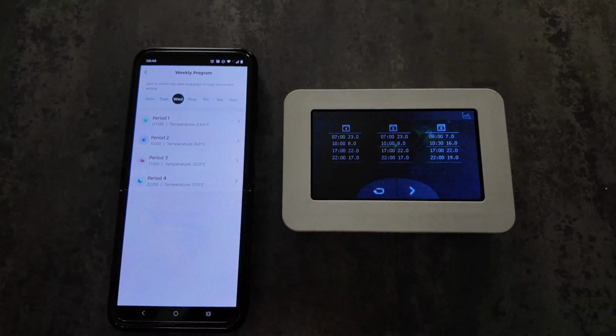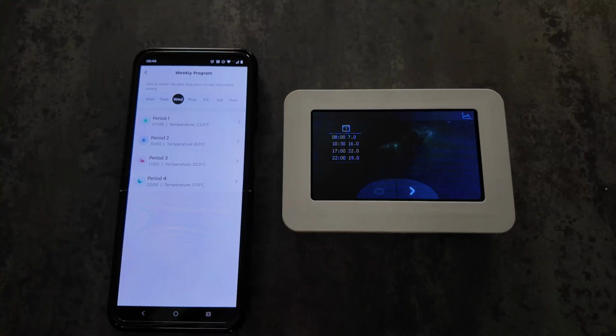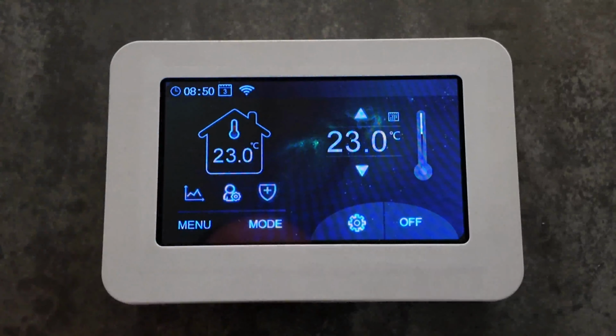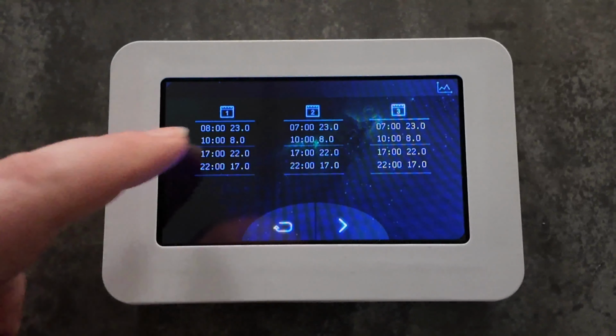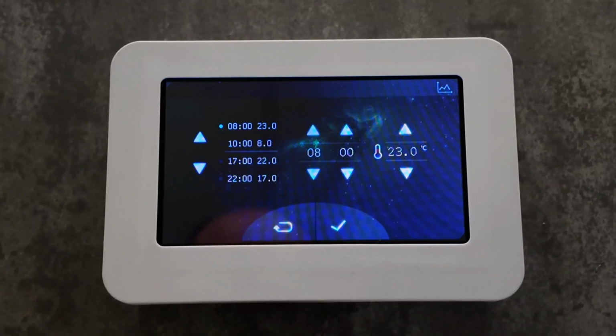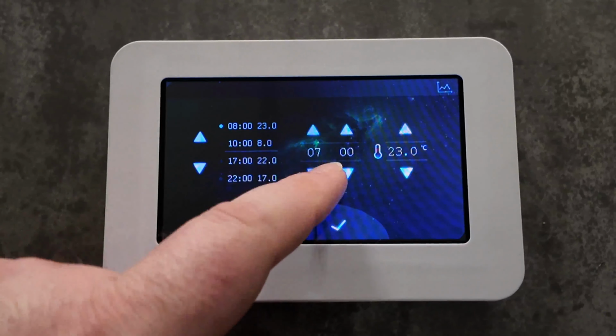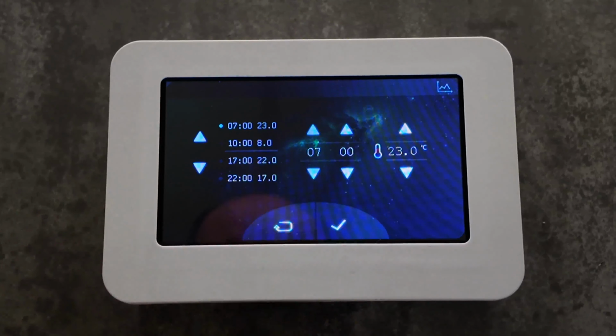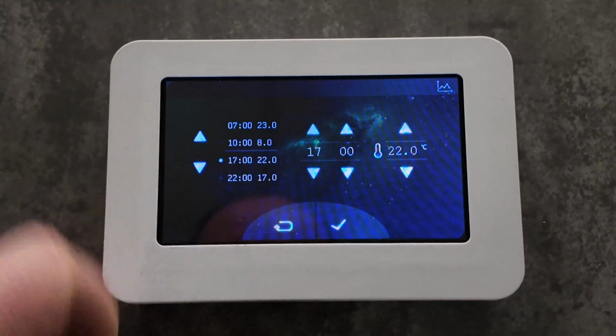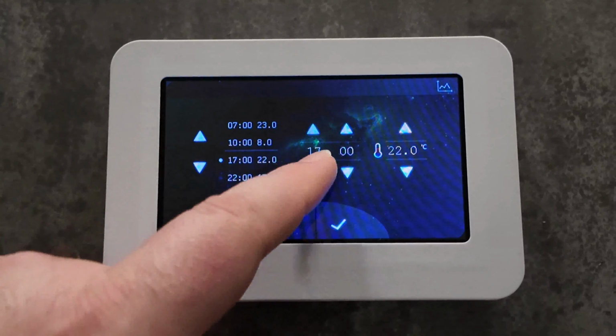The user schedule can also be exclusively set through the touchscreen thermostat without the need of a mobile device. To do this, press the menu button and then the programmable timer button. You'll then be presented with days of the week, with each day having 4 programmable settings as per the app we showed you earlier. When you make any changes to the time or the temperature, please make sure to press the confirm button, the tick,